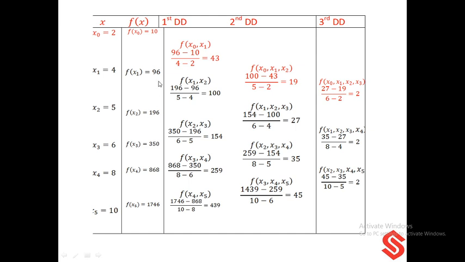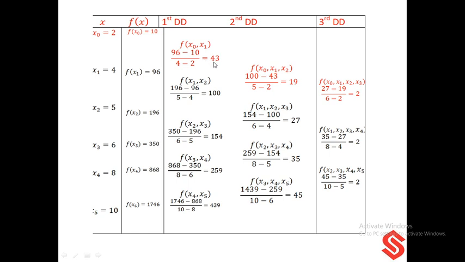So the values of x and the values of f of x. X values are 2, 4, 5, 6, 8, 10, and f of x values 10, 96, 196, 350, 868, 1746. So first let us find the first divided differences, that is f of x0 comma x1 is equal to f of x1 minus f of x0 divided by x1 minus x0, that is 96 minus 10 divided by 4 minus